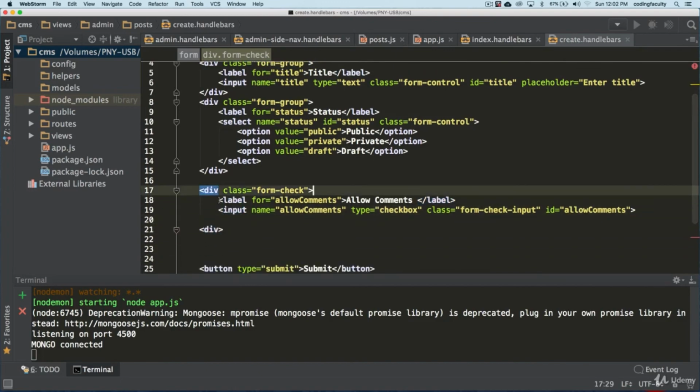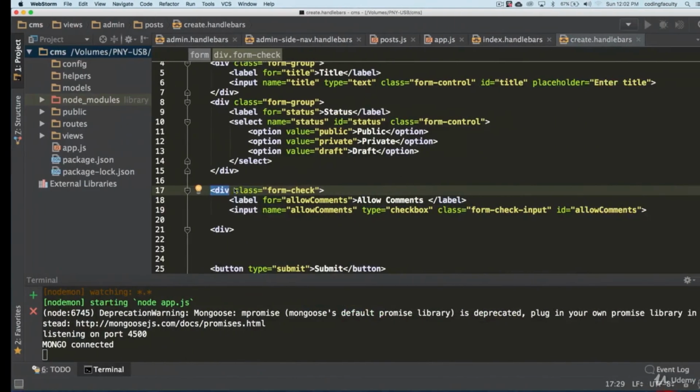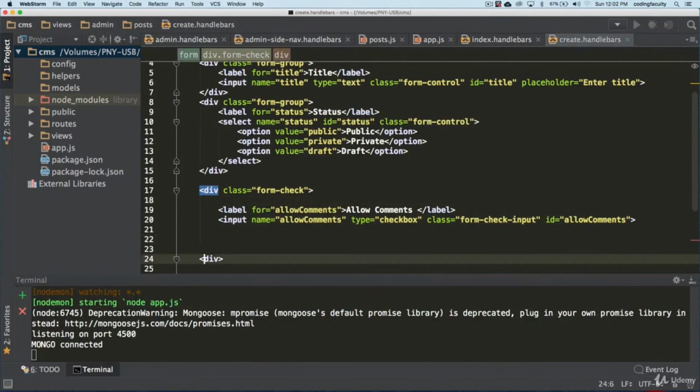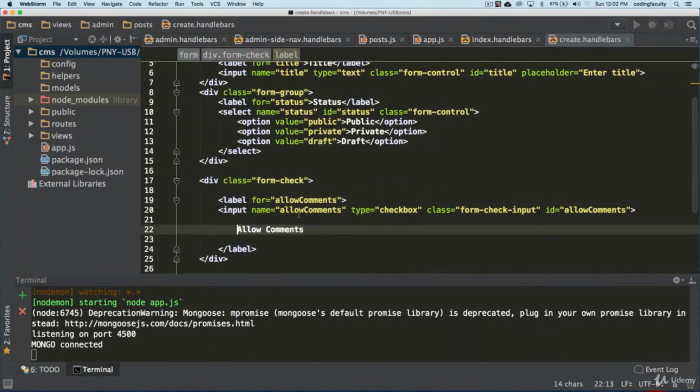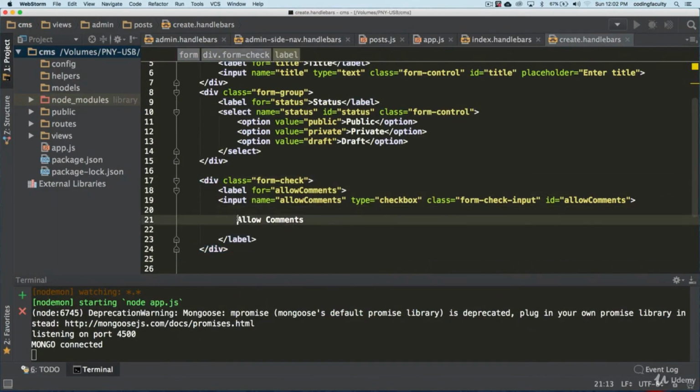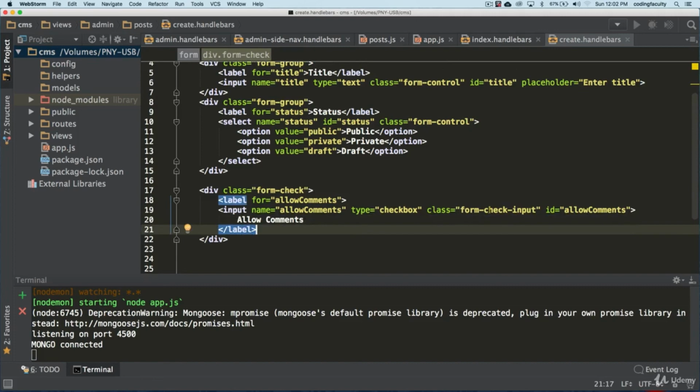I like to leave that touch for later, usually. No, I was doing it right. Let's go back. Let's leave it like that. Okay. Form-check-input, this is good.